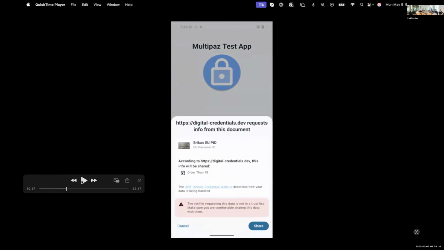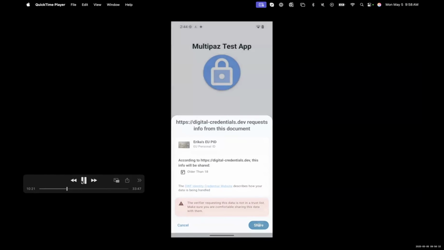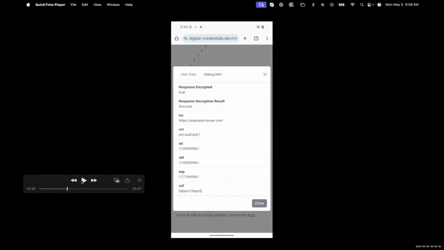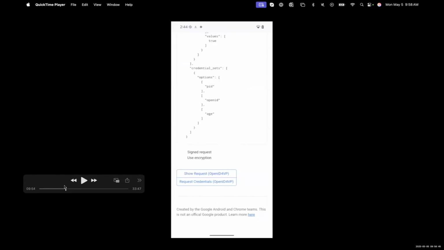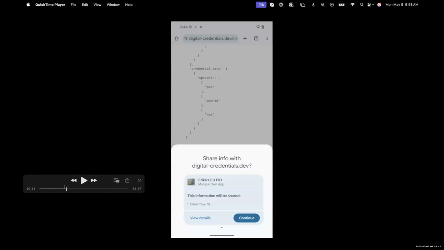So you chose to do kind of the downgrade route, right? Where if the signature of the request cannot be verified, the wallet still allows the flow to continue, but warns the user. Well, the signature is indeed verified, but the key that the signature was made with is not in a trust list, which is what the wording is in the dialog in the little red box. That wording might be improved in the future.